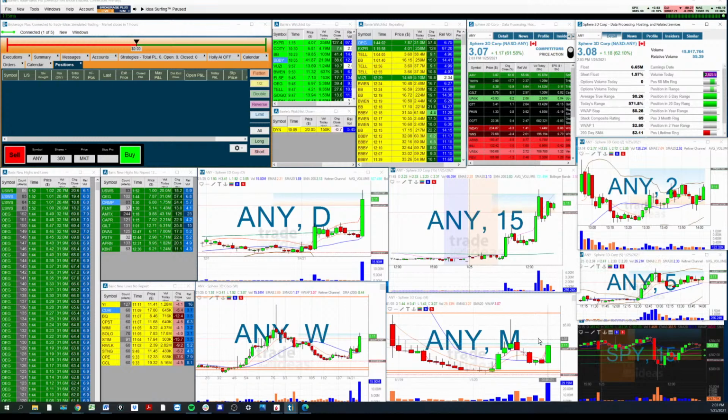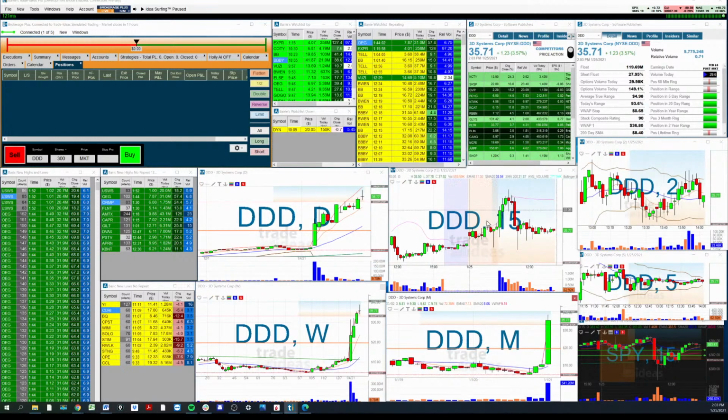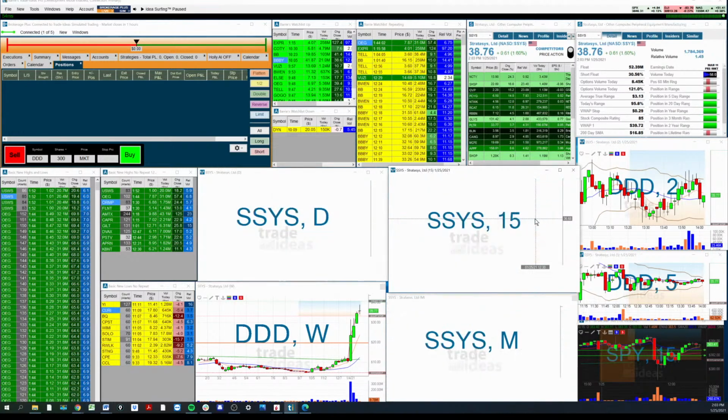Other than that, I really don't have any comments. Obviously, a few months ago it got all the way up to 560. Can it challenge that? Is this a 3D company like Triple D, which at the beginning was just ripping? And Stratasys, I don't know if you can lump them in the same category exactly, but